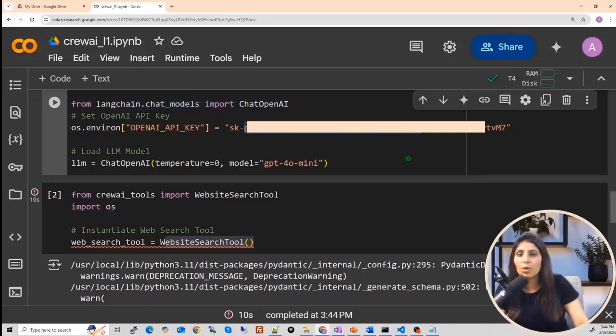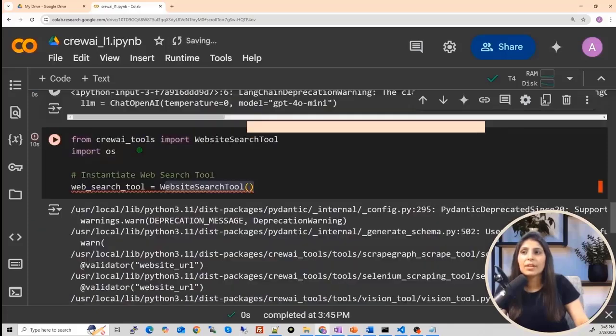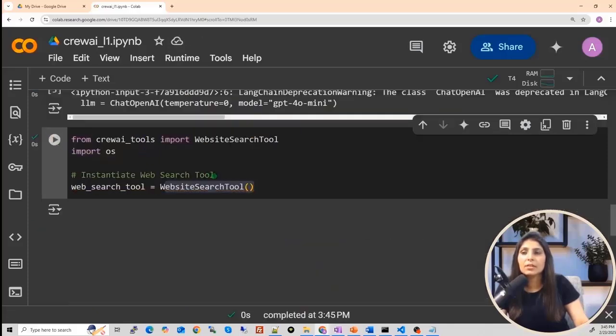This API key will not work for you. You have to paste your own API key. If you don't want to use this AI model, you can use some other LLM also. Here I'm importing the LLM, and in my LLM variable I have the LLM. Run it. We will run this cell again. See, now it is working.